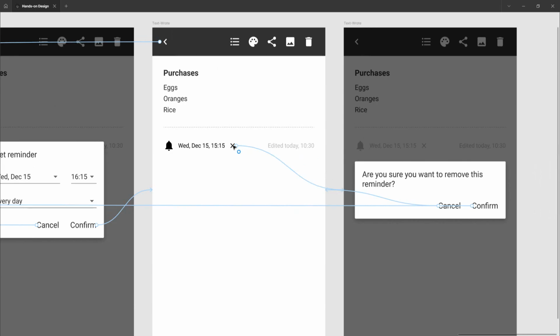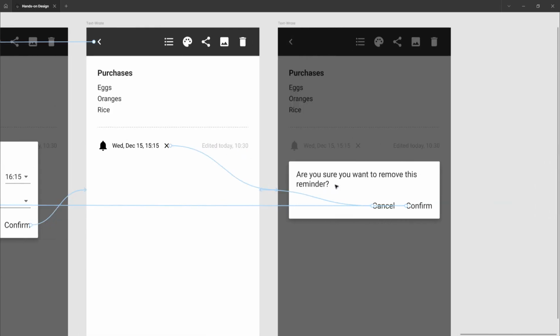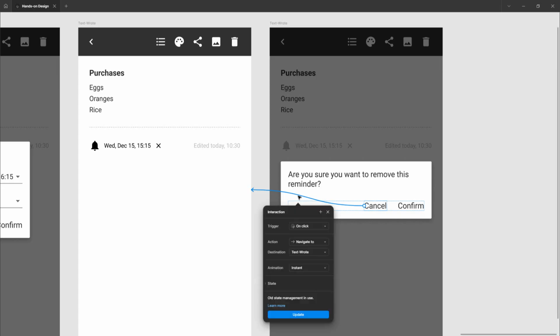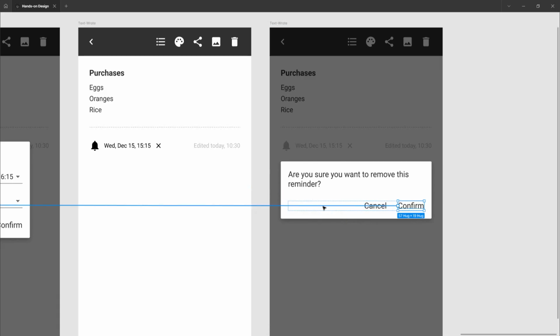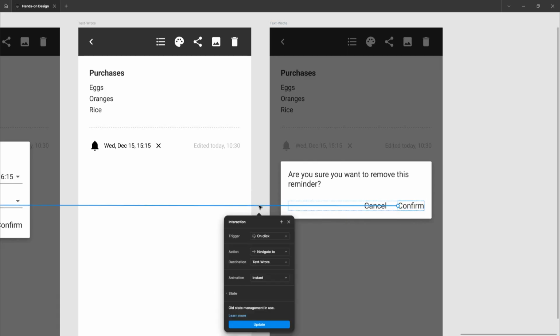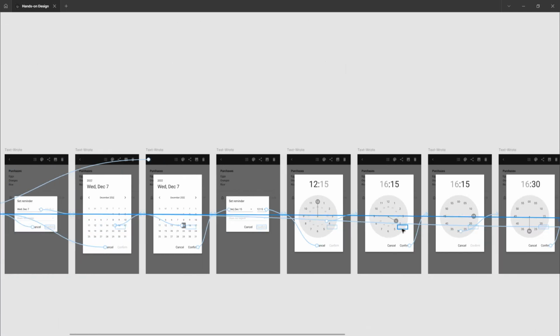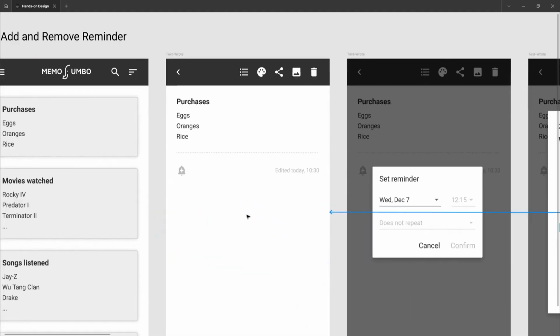If the user hits this close button, he or she will be taken to the next screen where this confirmation dialog will be shown. If confirm is clicked, on click navigate to previous screen, instant. And if confirm is hit, on click navigate to the second screen, and the animation will be instant. So the second screen is that one, all the way, and then gets here,